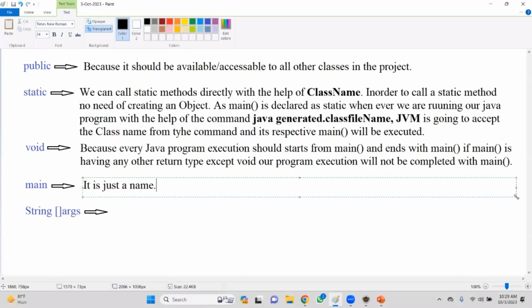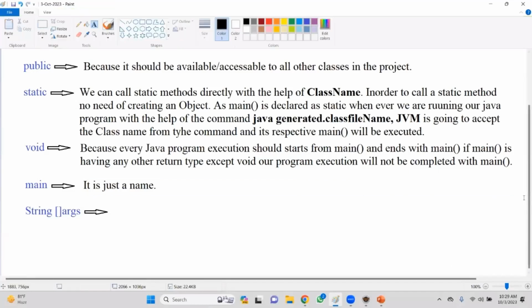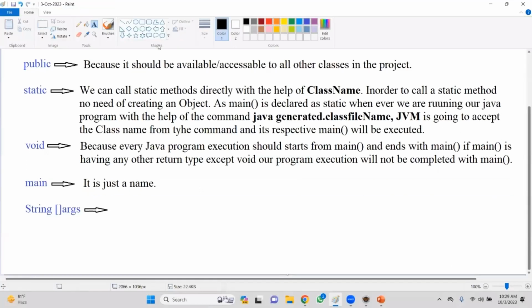Respond. Okay. Now, after that, sir, what is this String array args? Guys, it is a parameter. Answer this question: how many parameters does the main method have? If you say String, your answer is wrong. You need to say String array. Don't say args, say String array. For example,